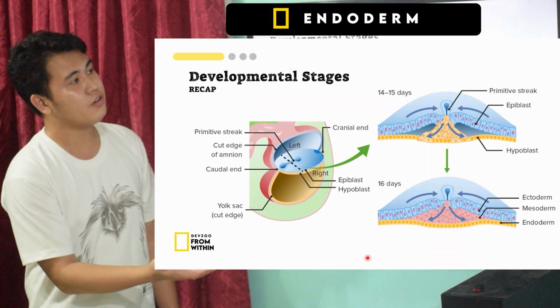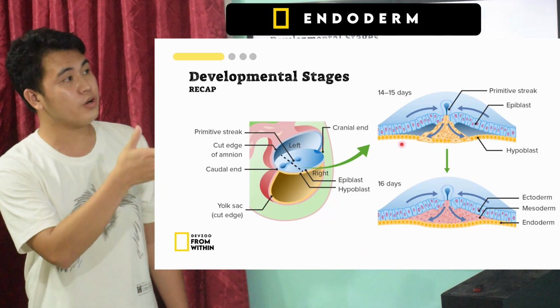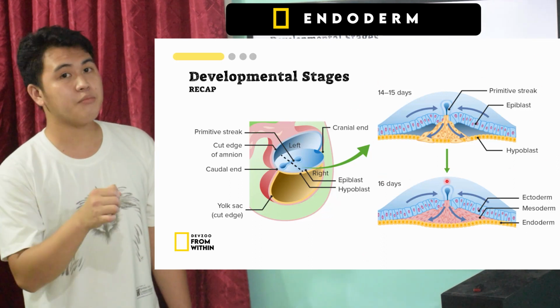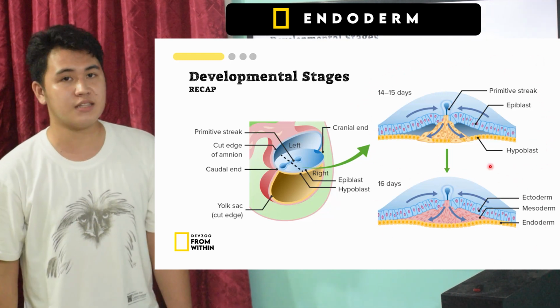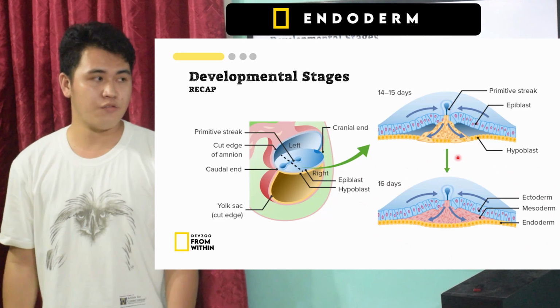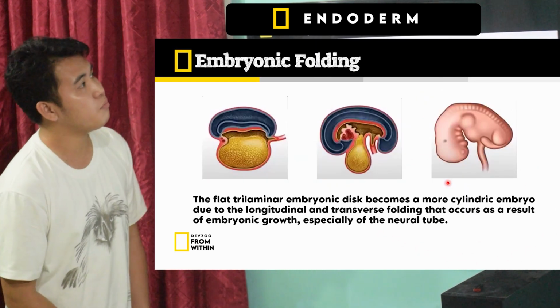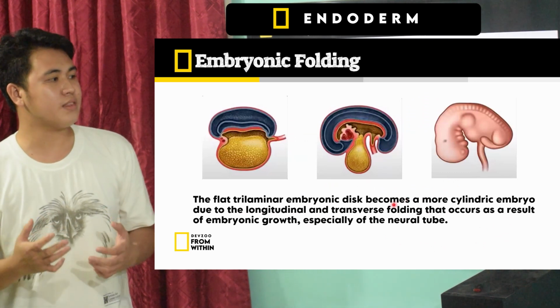So as we can see here in the figure, from 14 to 15 days, the formation of bilaminar disc, it will transform into trilaminar disc at 16 days in the embryonic development. Next. So now we are in the embryonic folding, which is from a flat trilaminar embryonic disc becoming a more cylindric embryo